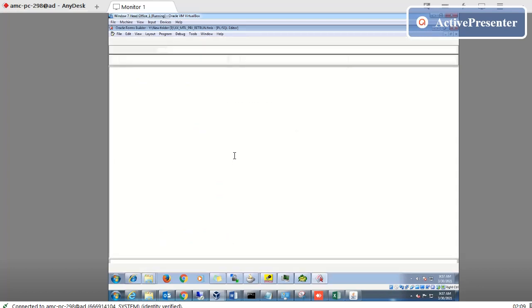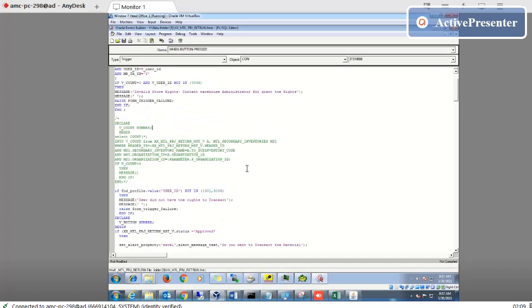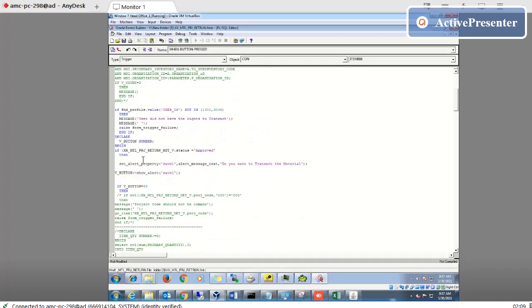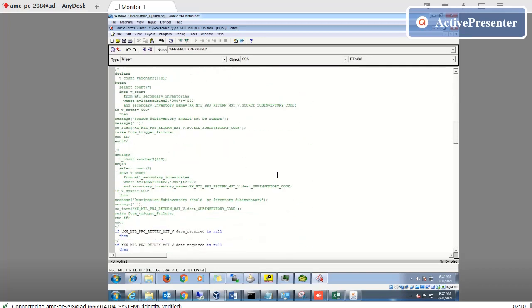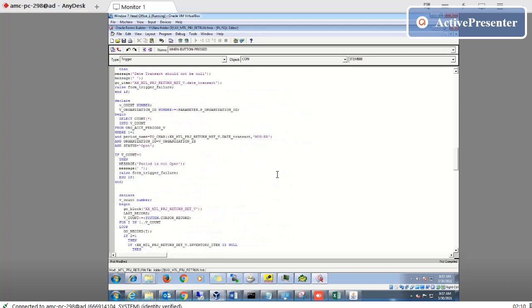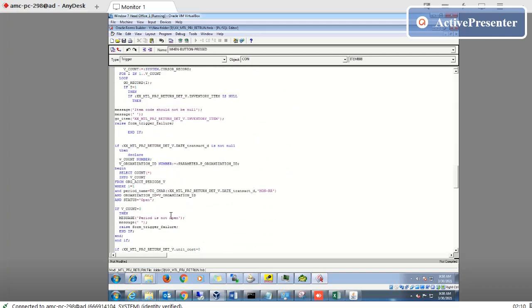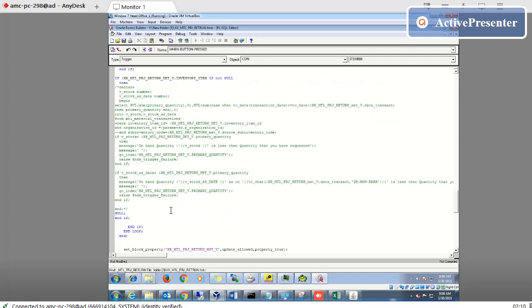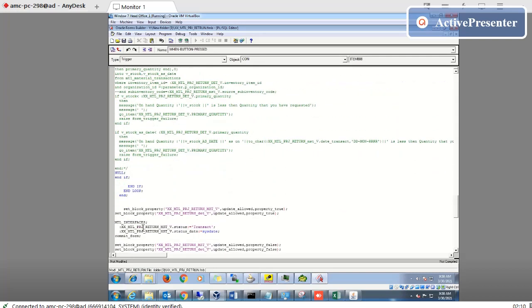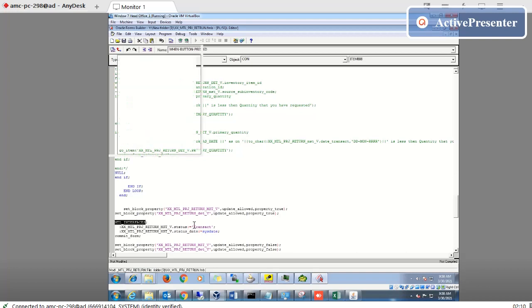Sorry, this is an alert. When you want to transact the material, the system will check the period. The system will check all the other parameters. After that, the system will insert data into the interfaces, this one, the MTL interfaces.